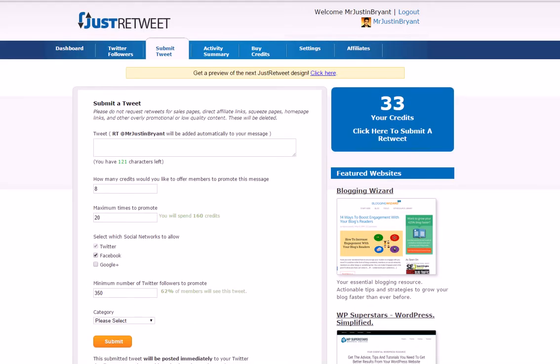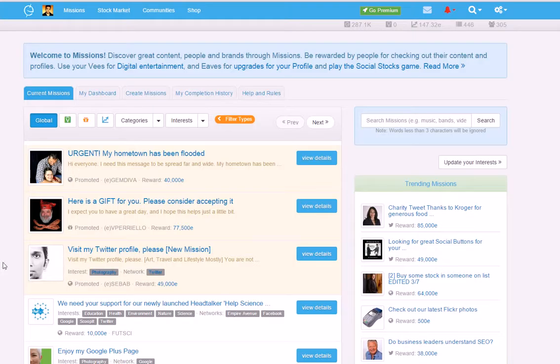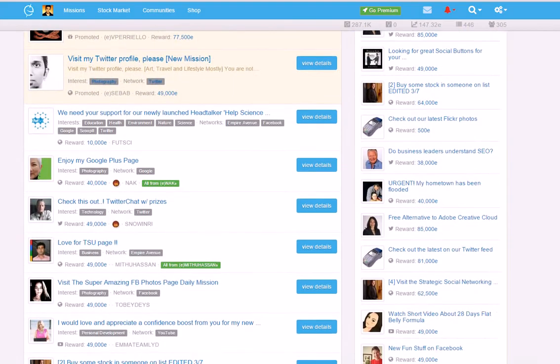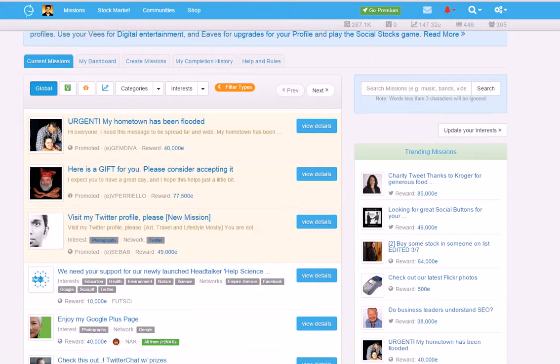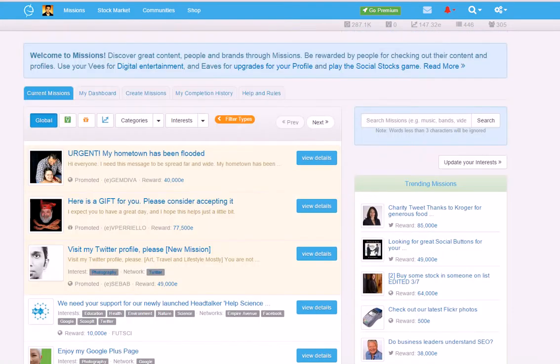And last but not least is Empire Avenue. This is probably the most popular one right now, and you can create a free account, or you can go premium. Personally, I just use a free account because I don't use any of these too much, but I use these to boost my posts and things like that without having to increase my budget. And they're very effective. So as you can see, when you do these missions, that's what they're called. When you go to empireavenue.com and create missions, that's how you get shares and comments, likes, whatever it is that you want. You state it in the mission.